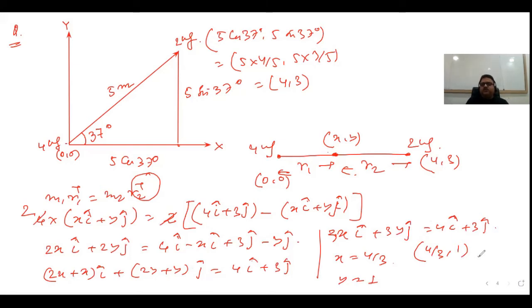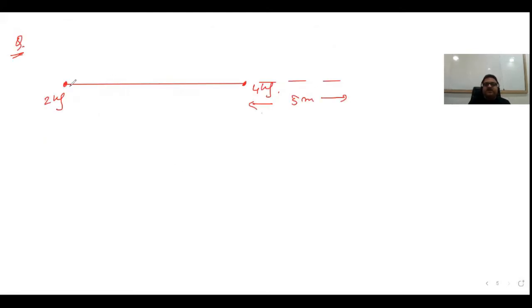Okay, let me show you a few more problems which are a little bit trickier than this. Look, students, a problem is given like this. Our 2 kg mass and 4 kg mass are lying along this line. If the 4 kg mass is shifted by a distance of 5 meters towards right, by what distance do we need to shift the 2 kg mass so that the central mass remains at its own position, correct? So this is a very good problem. So how to solve this kind of problem?